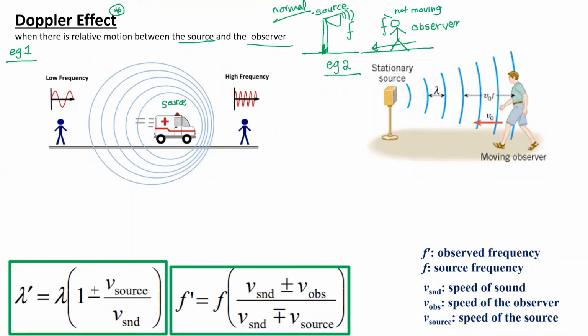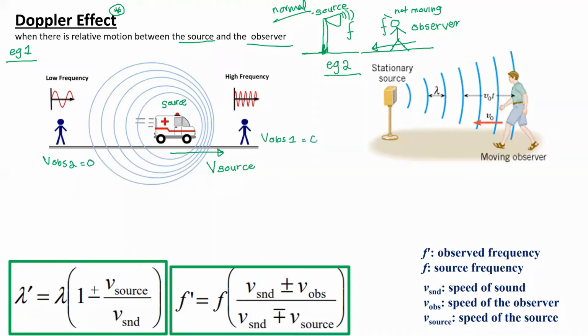We know an ambulance makes sound. So this ambulance is moving this way. So I'm going to call it V source, velocity of the source. So when that happens, there are two observers. So observer 1, observer 2,